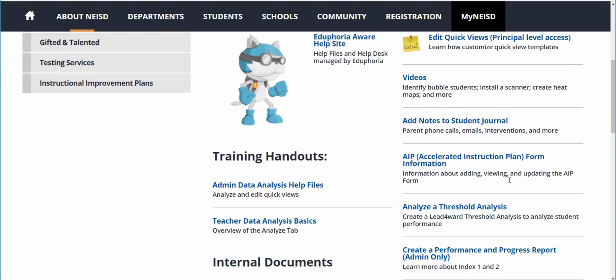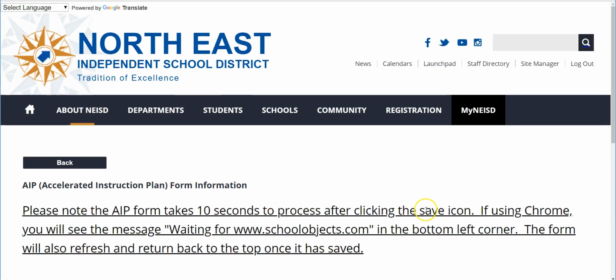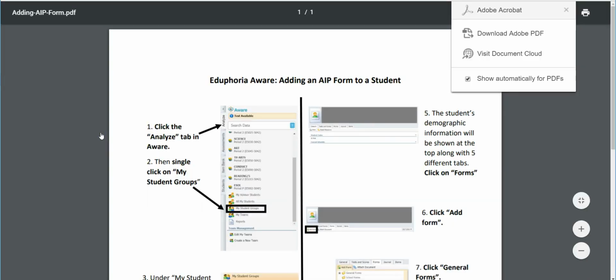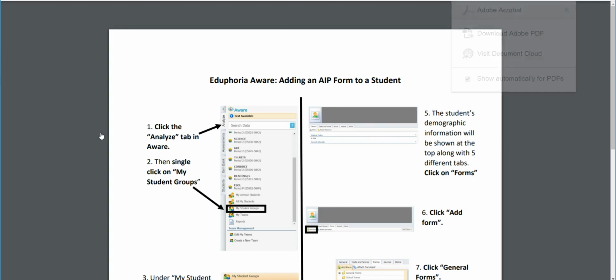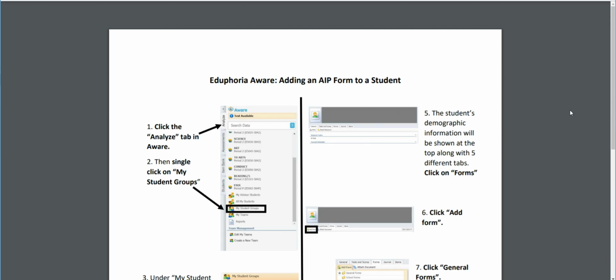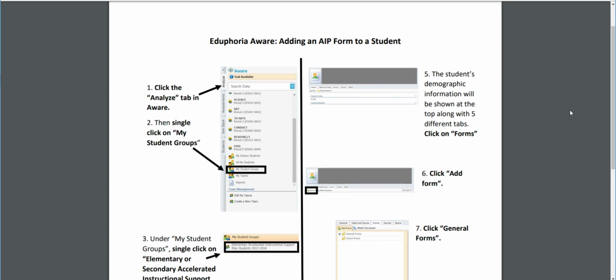Scroll down until you see AIP form information. And then we have the instructions here for adding an AIP form to a student. These forms can be added to a student at any time. Specifically, there will be information about students who need an AIP that have failed STAR and will be participating in SSI, or also at the beginning of a school year when students have failed STAR, they are identified as needing